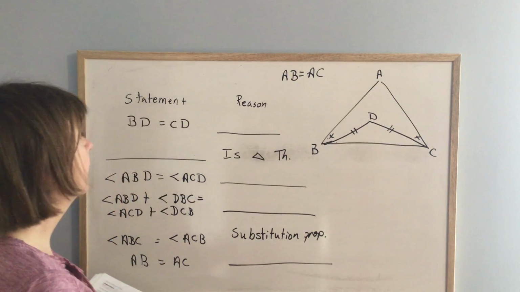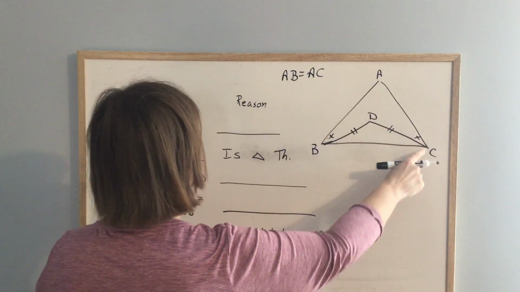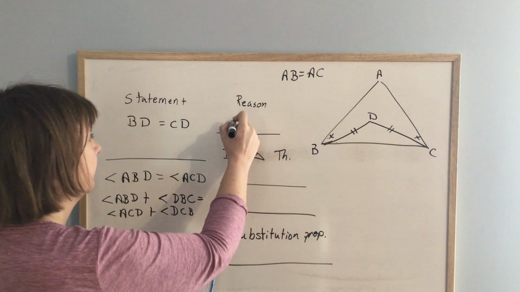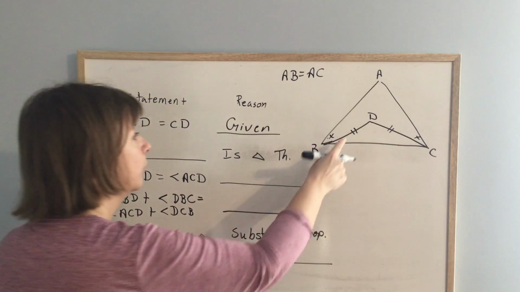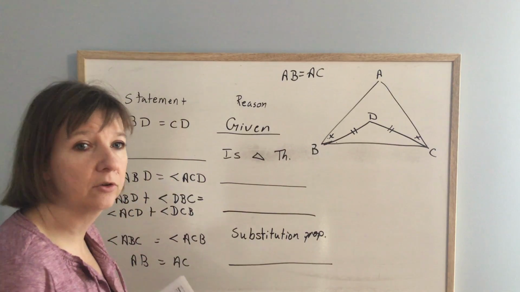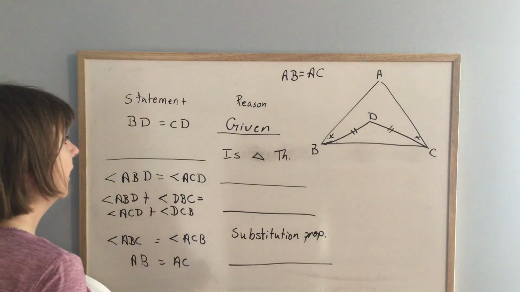All right, and so BD is equal to CD. That's my favorite reason. They told me that. They're the ones who put the two little ticks there. They told me that, so that is given. Now they say,